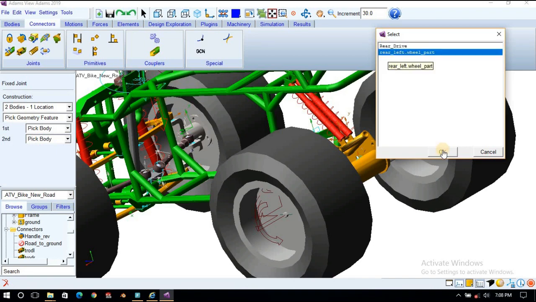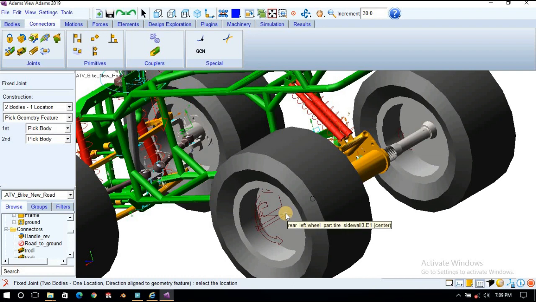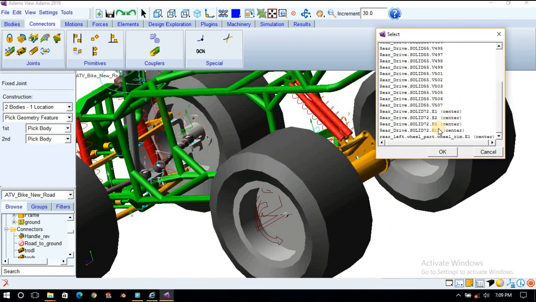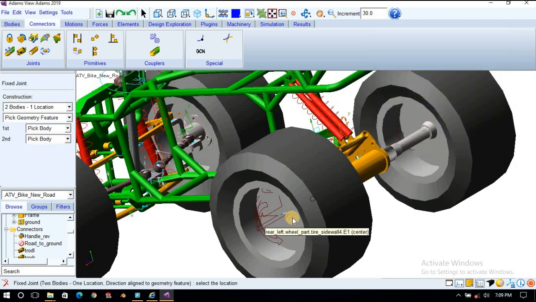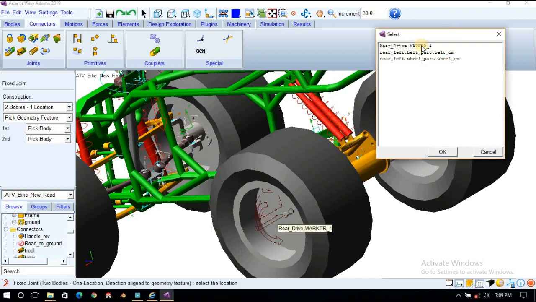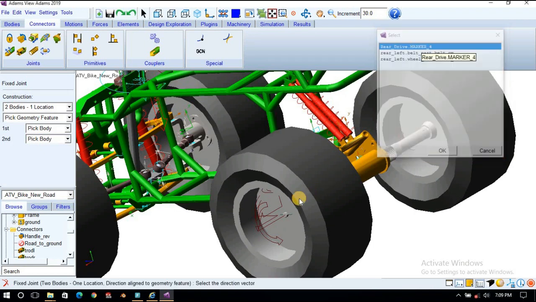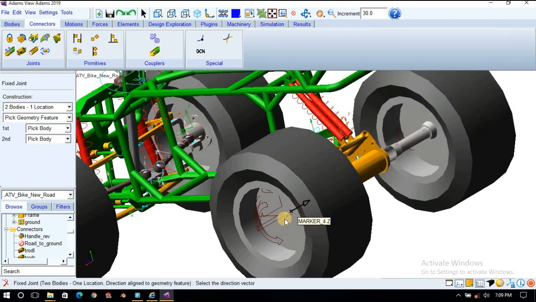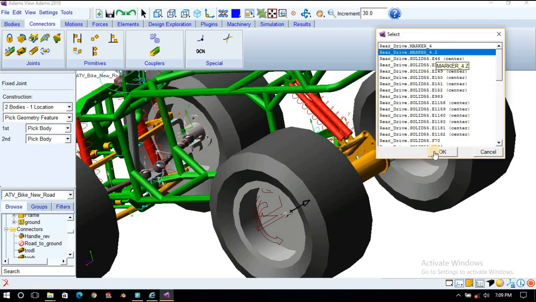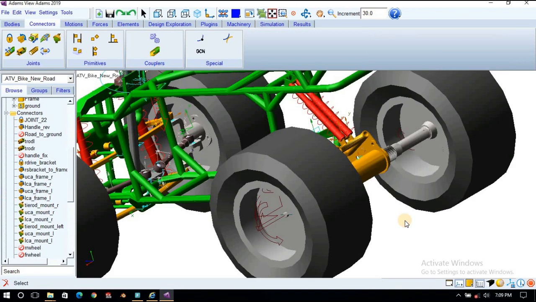Rear, first body as a wheel, second body as a rear drive. Location, here we will choose marker 4. Orientation, marker Z axis. Okay.